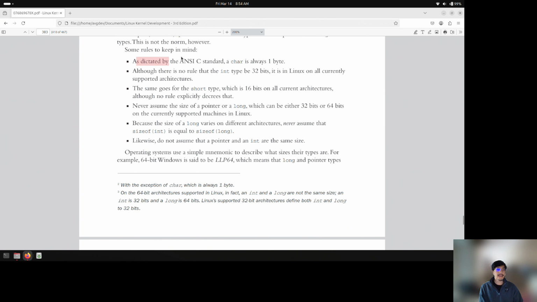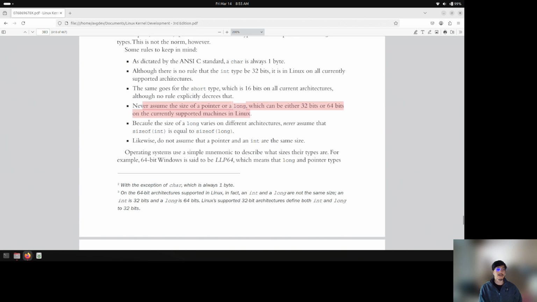As dictated by the ANSI C standard, a char is always 1 byte, so across any computer, we always think of char as 1 byte. We always treat it that way, so that's good. Although there is no rule that the int type be 32 bits, it is in Linux on all currently supported architectures. The same goes for the short type, which is 16 bits on all current architectures, although no rule explicitly decrees that. Never assume the size of a pointer or a long, which can be either 32 bits or 64 bits on currently supported